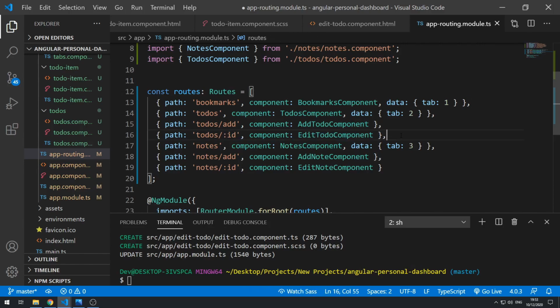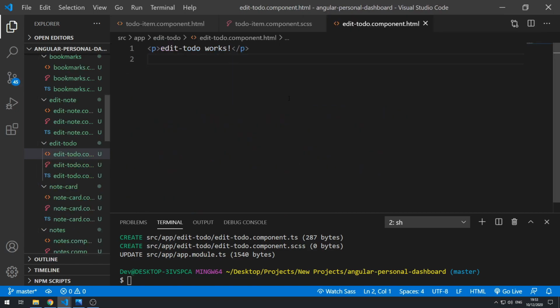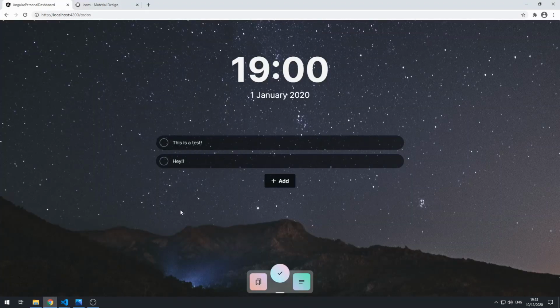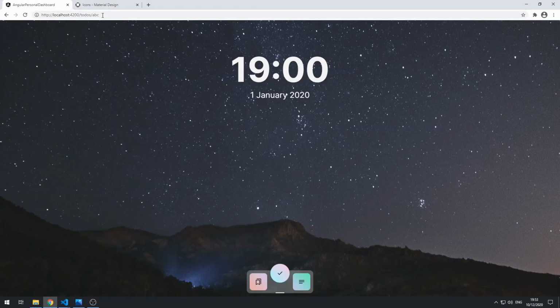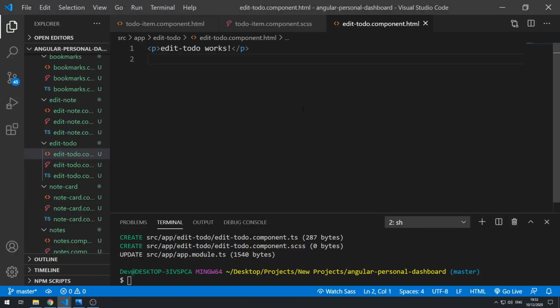Let's save that, close this, and go back to the application, and let's go to /todos/abc, and here we see "edit todo works". Okay, cool. Let's now go back here and work on the UI for this. But before we do this, let's just quickly set up the links to